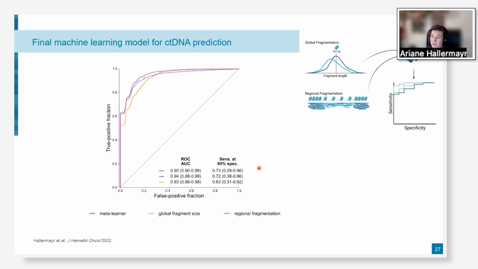And when looking at the results obtained for those, there's one classifier in blue based on regional fragmentation data, one classifier based on global fragment size distribution, and the pink classifier indicates the results of a meta-learner combining both the global fragment size and regional fragmentation classifiers. And with all 3 classifiers, really promising results could be obtained, as the areas under the curve ranged from 0.93 to 0.95. And those classifiers reached sensitivities at 95% specificity from 63% to 73%, which is also really promising,